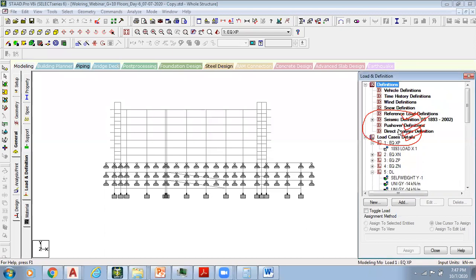Once we click on it, it's easy. Just go there, add here, and then